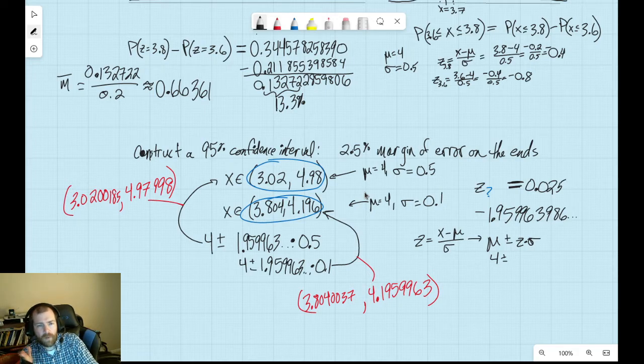But the thing that changes is your sigma. So how far apart are the actual data points getting us? How much of a deviation is there between all the different values? So when you're trying to calculate a sample,